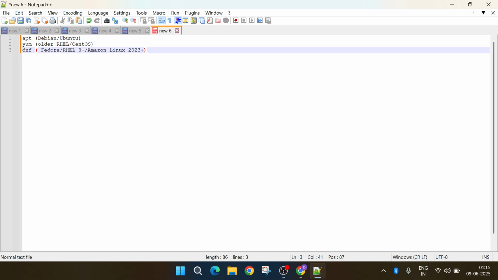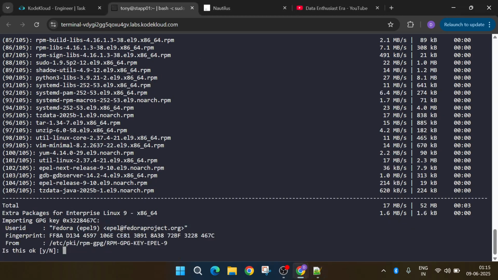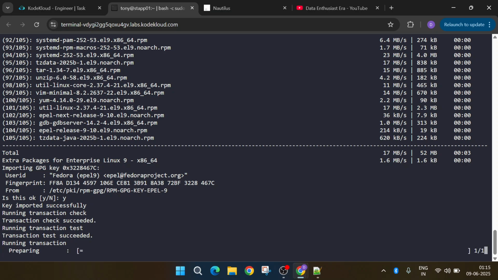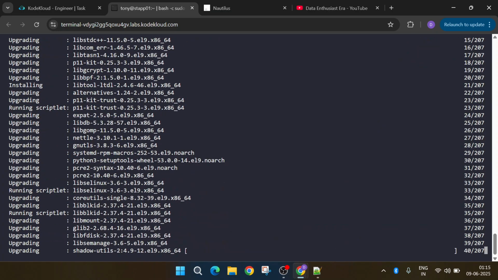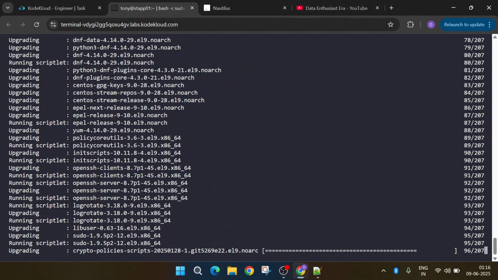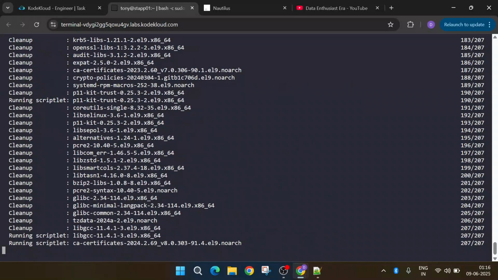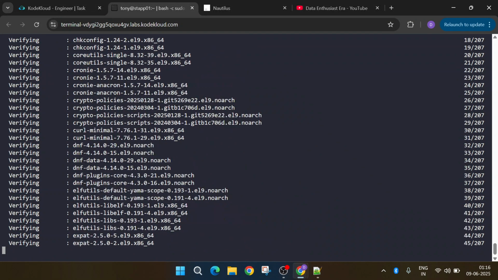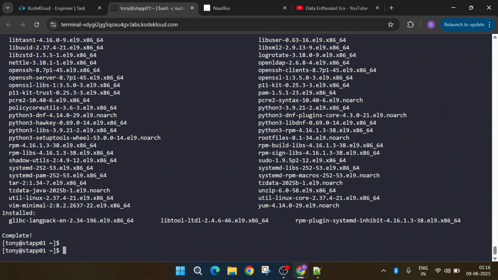So first we tried with apt, it didn't work, then we tried with yum. It is still downloading. It's done. Yum update is done. Now sudo yum